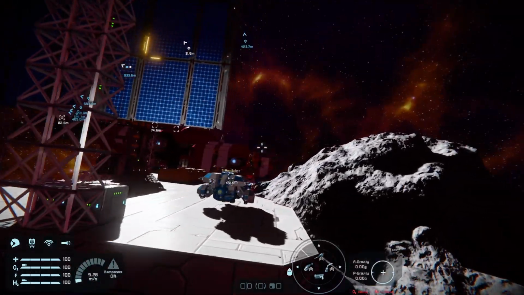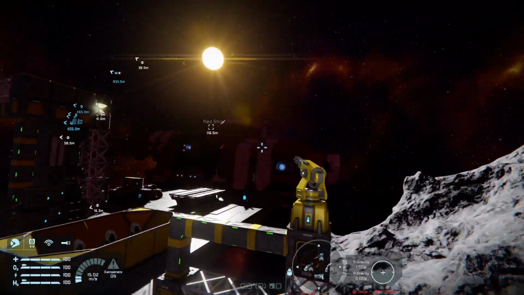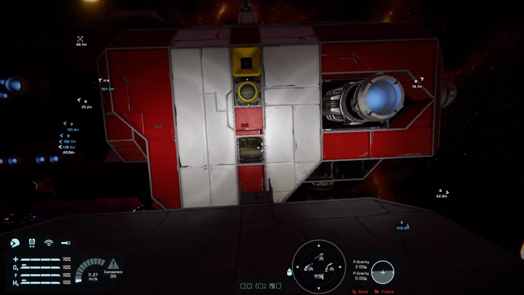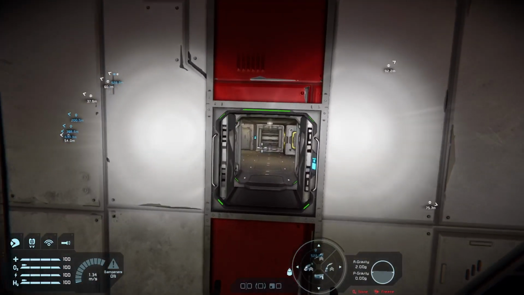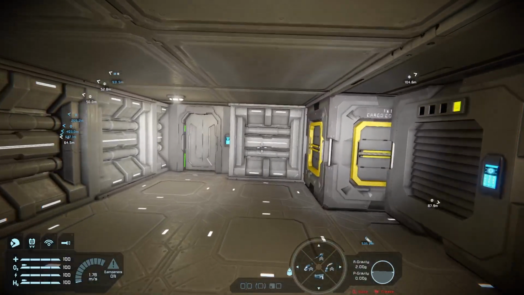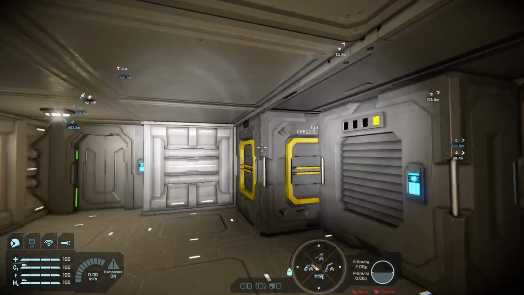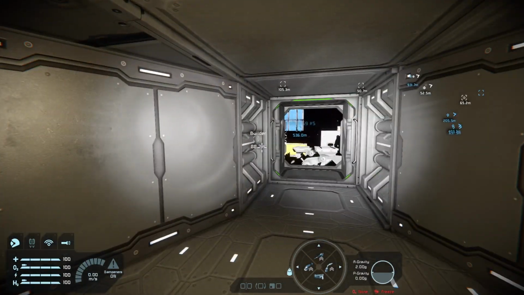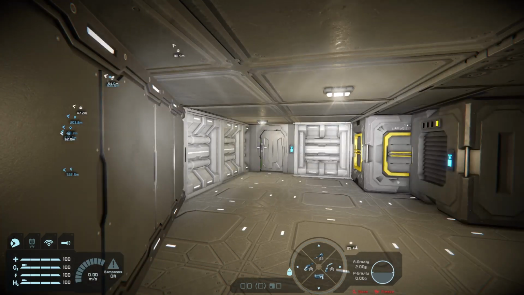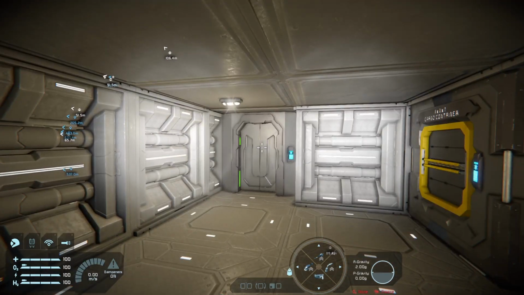So we're going to nip over here to the red ship and use that as an example of how to put it onto a ship like this. First things first, we're going to use some blocks that are already there, and we're going to get rid of some blocks.